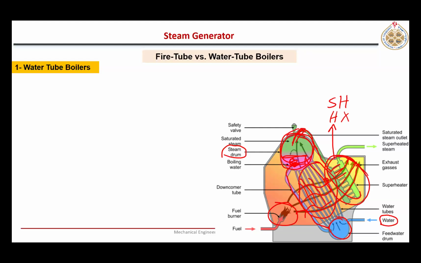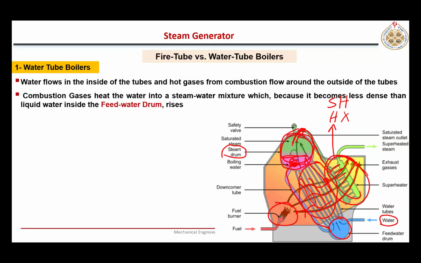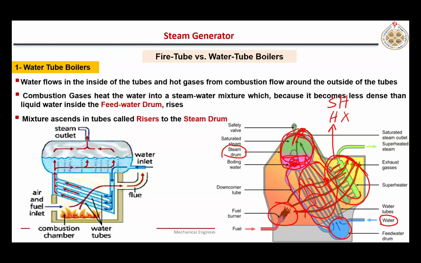So this schematic is describing a water tube boiler, right? Here, this is one schematic. Here you can see another schematic of a similar water tube boiler. Here you see a bigger shell. Water is entering into that big shell, and then this liquid water is flowing downwards by gravity. Now here in these inclined tubes, it will be heated up and it will rise up by itself because its